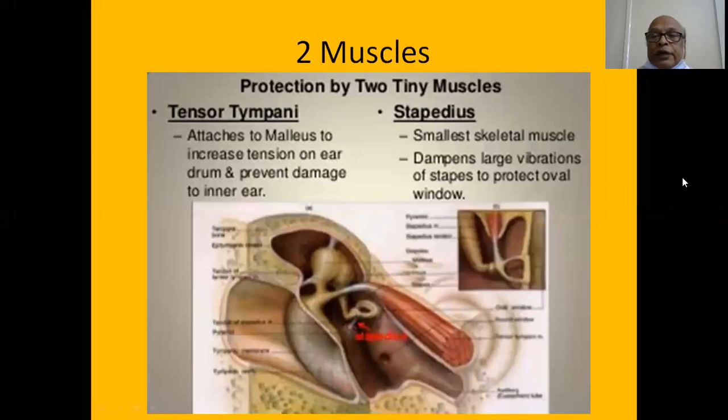Another important feature in the posterior wall is the facial nerve, which we have already mentioned. That is the vertical portion of the facial nerve. Medial to the facial nerve, there is a deep furrow called sinus tympani. The significance of the sinus tympani is that the main disease of the middle ear cavity, that is cholesteatoma, sometimes will be hidden in this area. This sinus tympani region continues inferiorly as hypotympanum.